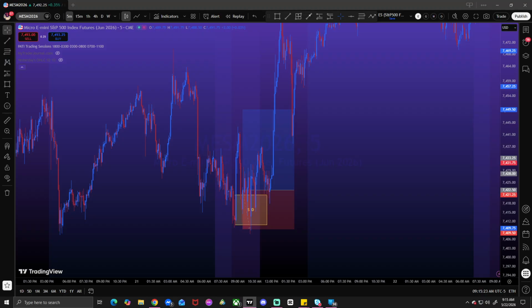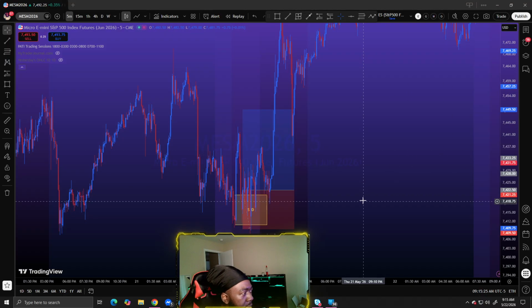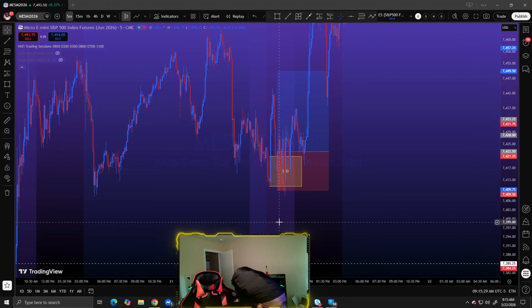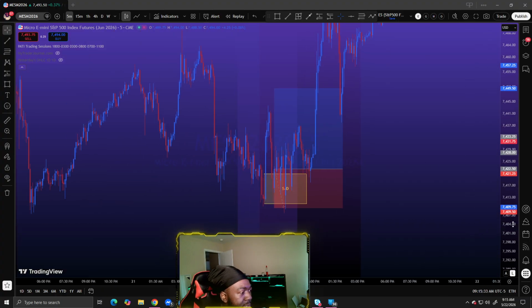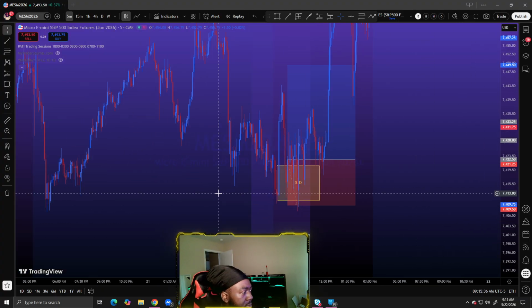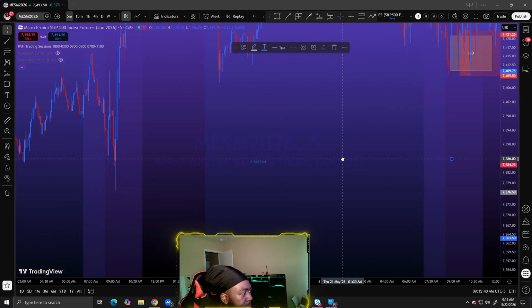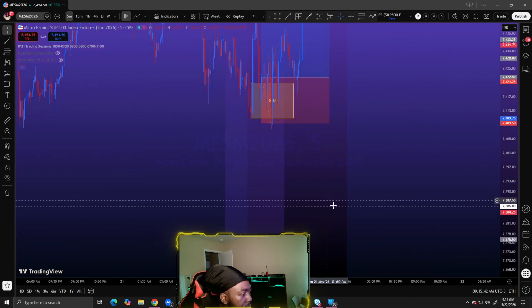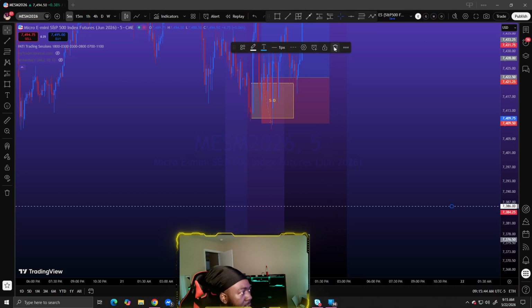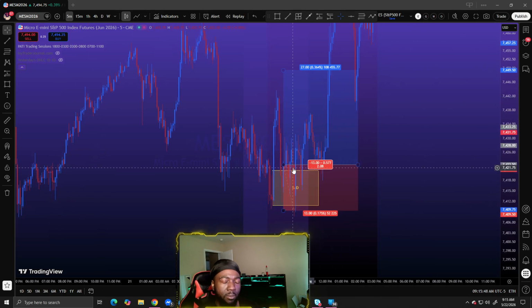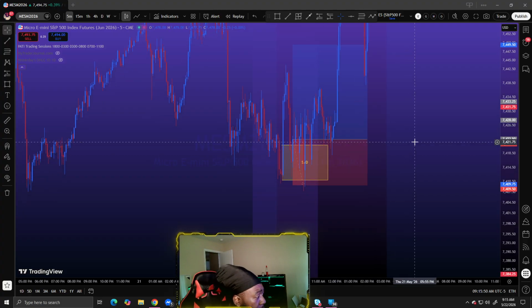All right, so what I'm going to do is I'll put myself back on the screen and just kind of show you the setup. This setup yesterday I took during New York session. Looks like I entered around 9:30. As you can see, I took an L on this. This was just a demand zone. We were breaking structure to the upside. We weren't breaking any lows. So when I saw my demand zone and I saw it reach back in, I went for it, of course.